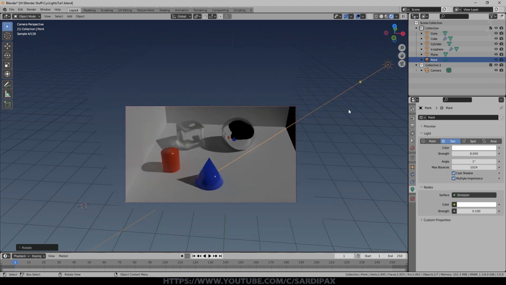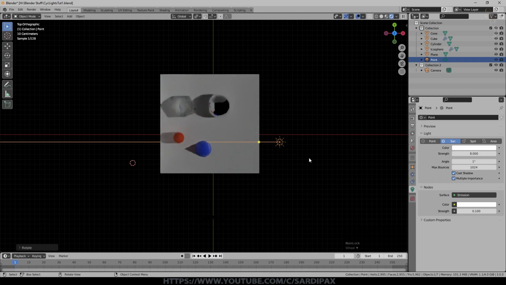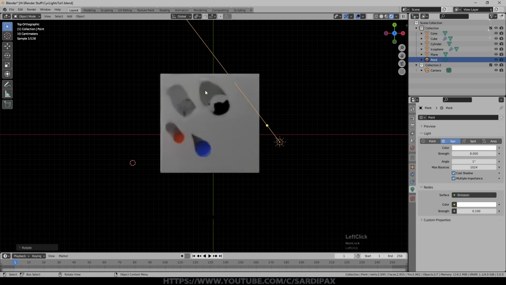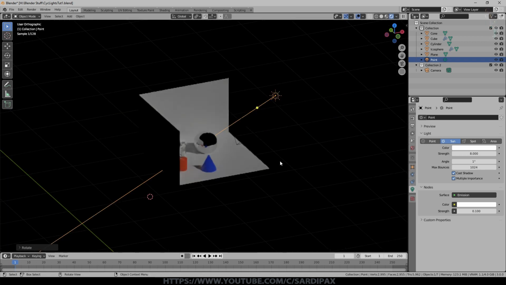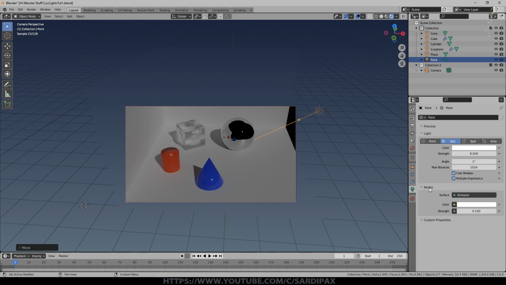The position of a sun lamp in the scene doesn't matter because it is parallel rays. Although it shows it here, the only reason for having this line and this central point is so you can get an idea easily of where the shadows are coming from. And you can see them moving around here, but it doesn't change the fact that this is parallel rays being projected in this direction, not diverging rays as they would be from a point lamp. And you can see it's read across the fact that we're using nodes here because it's showing the node setup. It's just put in its default node setup.